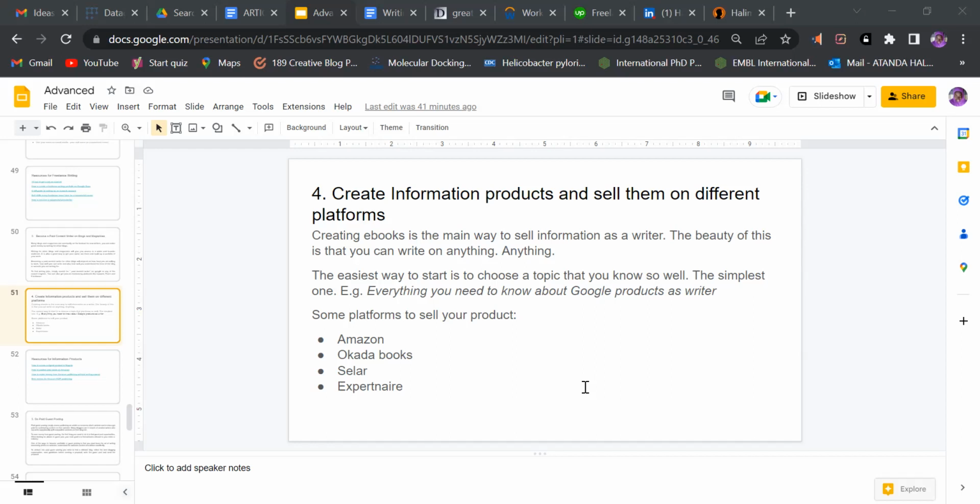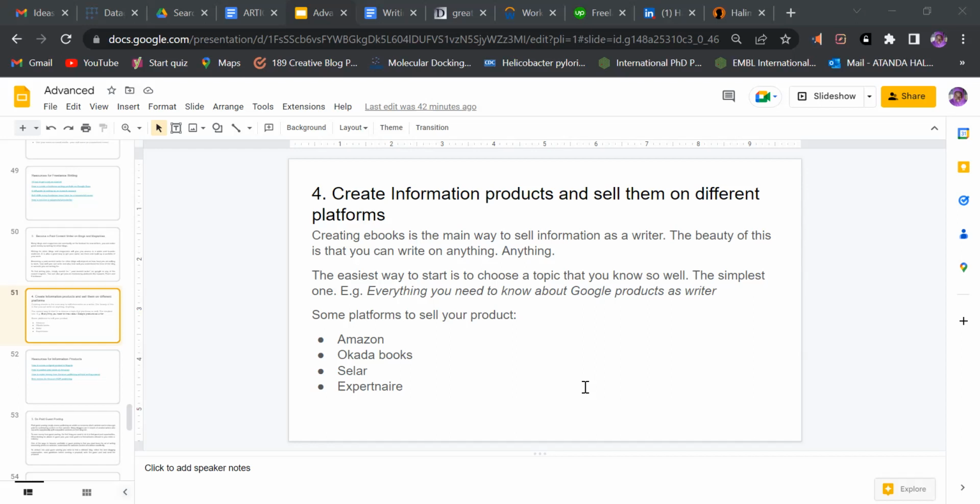Back to what I was saying. Where can you sell your product? As a Nigerian, as an African, you can sell your products on Amazon KDP. You can sell ebooks, no matter how long it is. I think Amazon has a preference for longer content if you are categorizing your product as an ebook. But nevertheless, quality over quantity, right? So if you've added all the necessary information and it's probably not up to maybe 200 pages or whatever, that's fine as long as you know that you've given it your best shot, right?